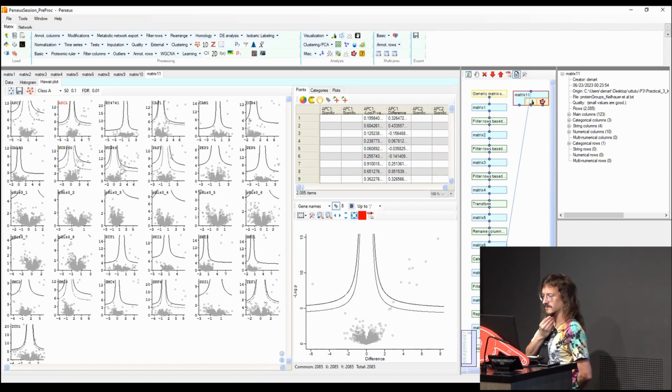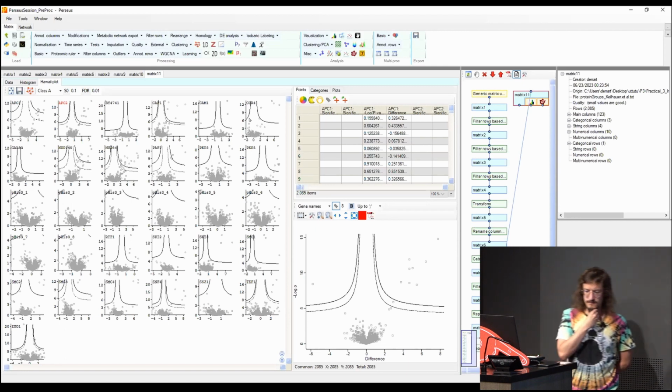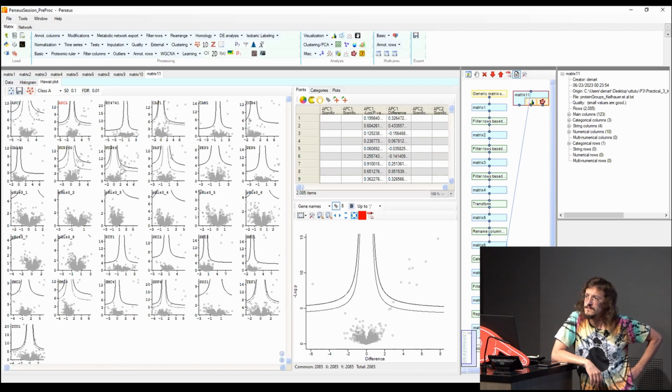And so the lines are created so that you get the FDR or q-value cutoff at 5% or 1%, indeed. But what is plotted is actually the p-value. I see. It was also a question that was asked yesterday: is it q-value or p-value? Here, the volcano plot is p-value, because otherwise, with a q-value, you would quench down all the dots, and you would not see them.